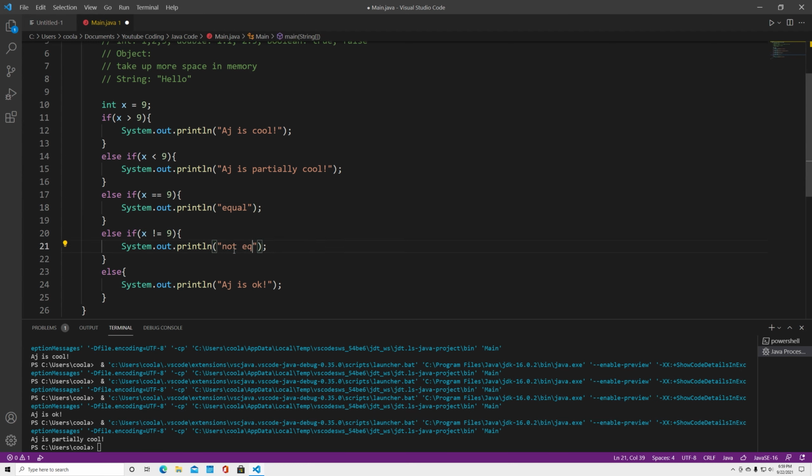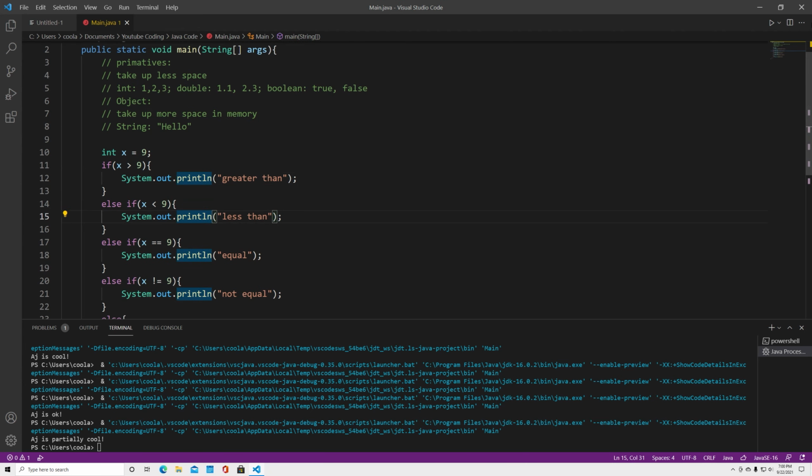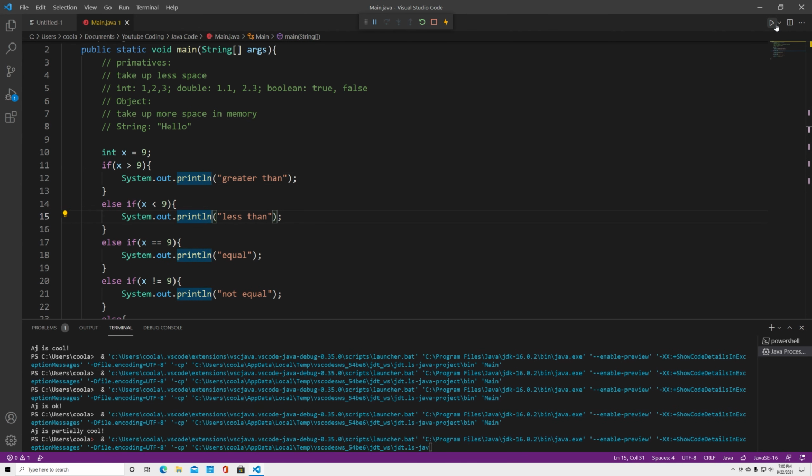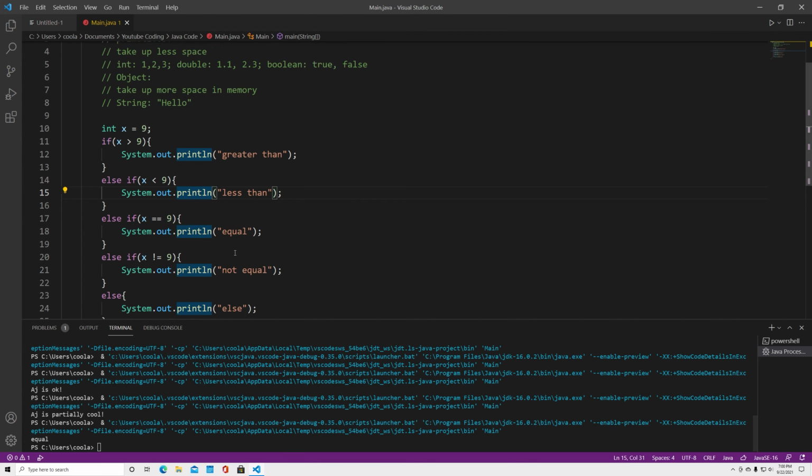Not equal. Just put else. Less than. And greater than. Okay. And let's see. And we get equal because it went through this false, false, true, runs this, and everything else